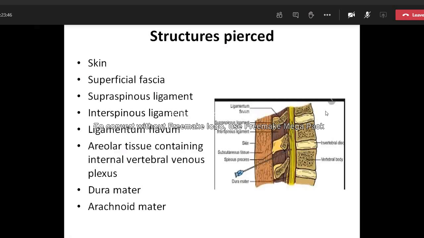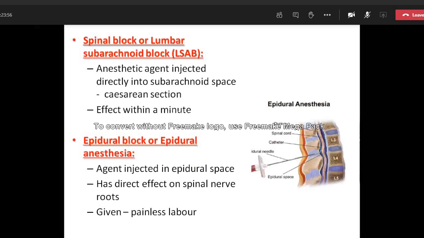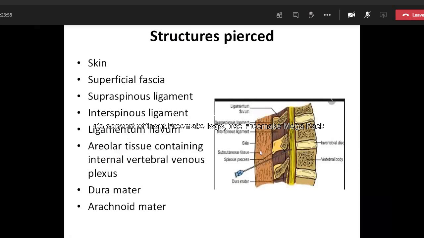What are the structures you are going to pierce from outside? This is important; I saw this in surgery also, so even when you read surgery they commonly ask this. The outermost is the skin, right, next is the superficial fascia, then the supraspinous ligament. These ligaments are all attached to the vertebra, and when you study the vertebra you know that. Superficial fascia, supraspinous ligament, then comes the interspinous